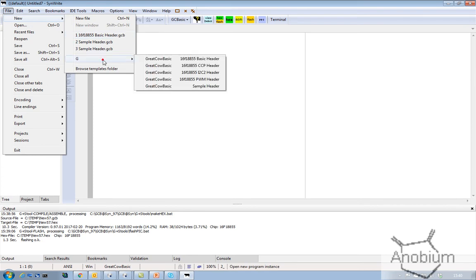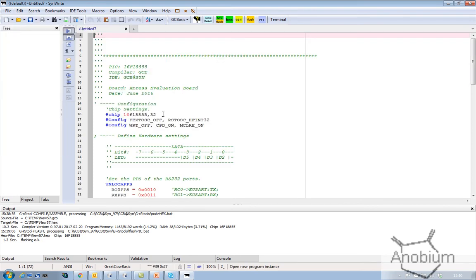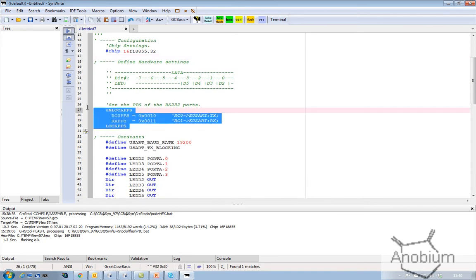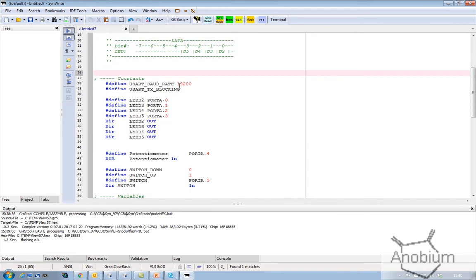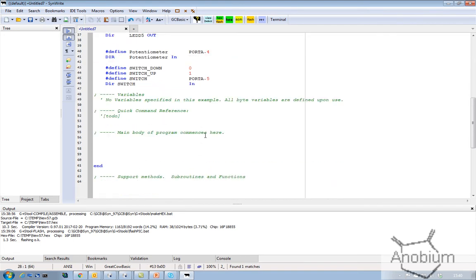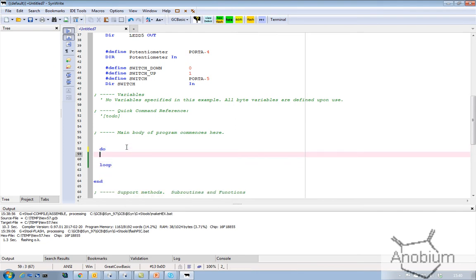Let's just look in the folder and take a basic header. All right, I don't need any configs, don't need any PPS, don't need any comms. I need the LEDs, the pot, and the switch. So what am I going to do? I'm going to do a loop in this thing. And I'm going to read